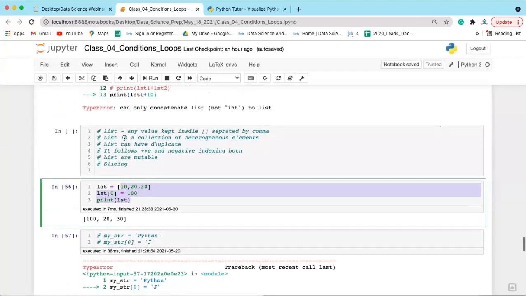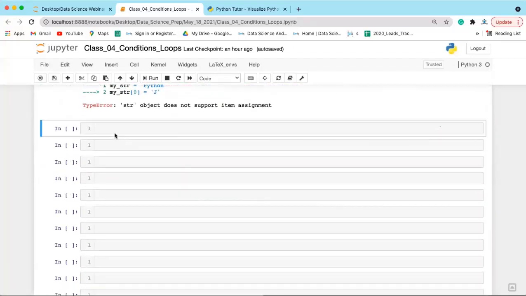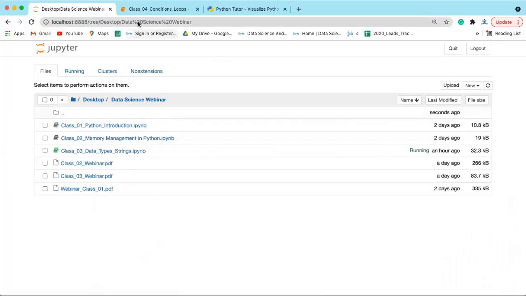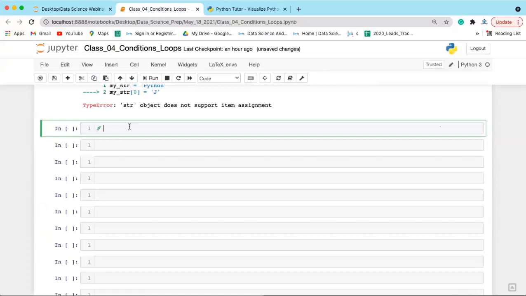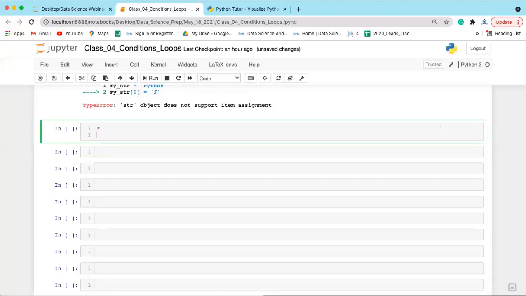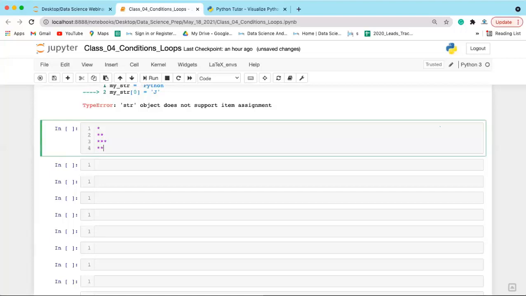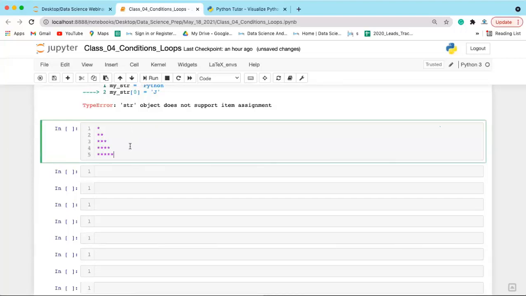Next, let's try a few problems. First of all, let's start with patterns. You need to print this pattern using a loop.